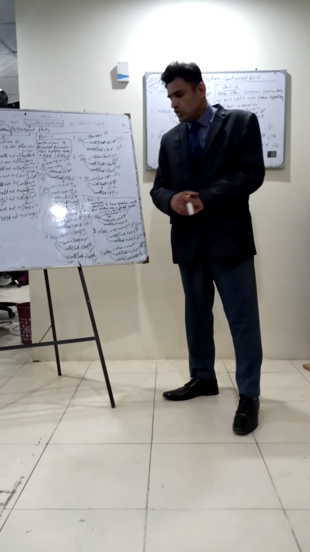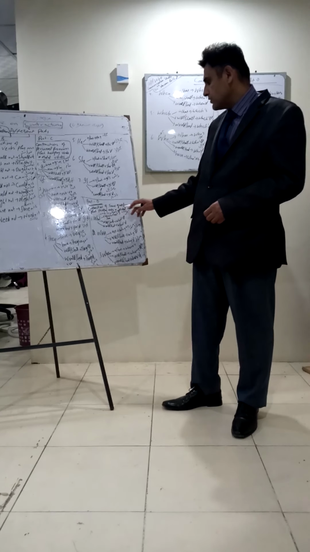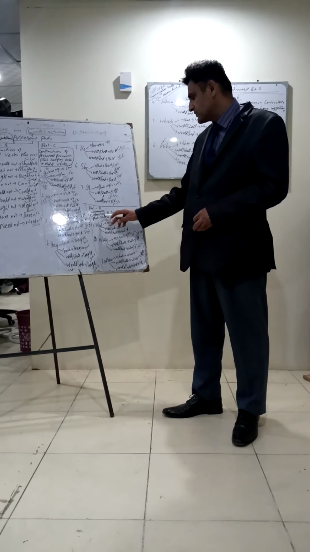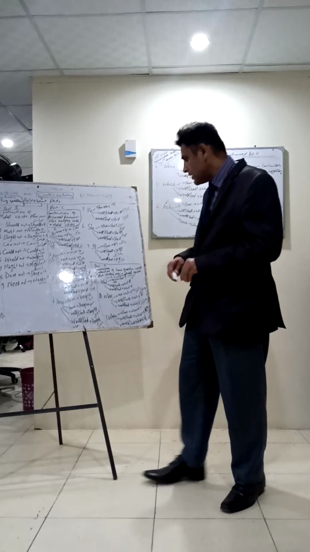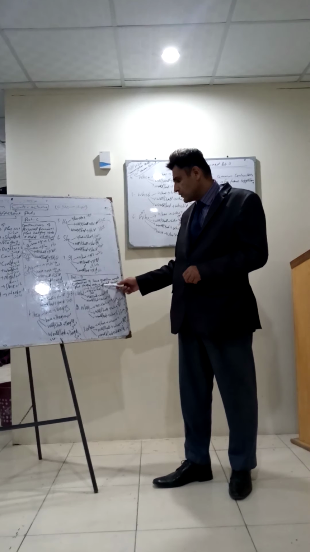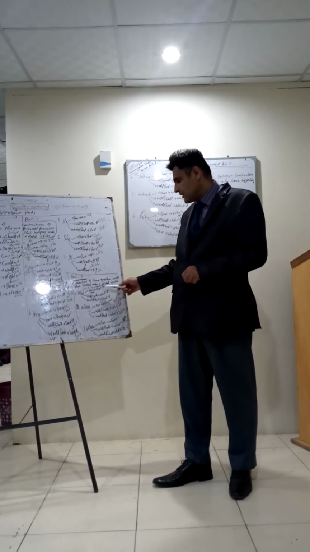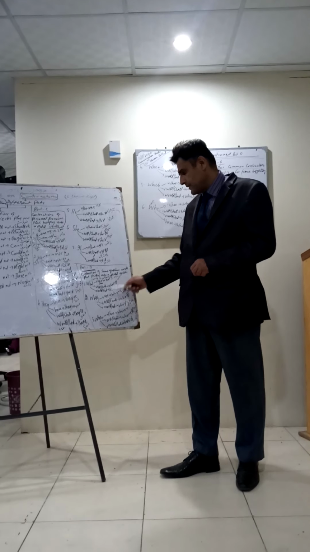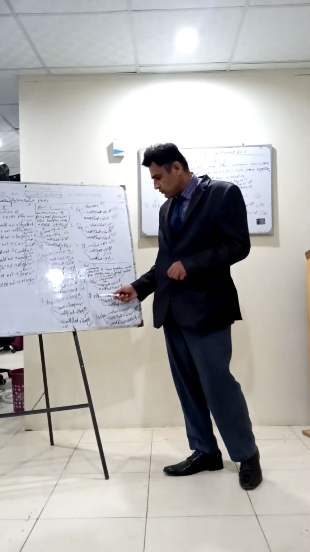Next, in part D, you will learn some contractions of question words plus helping verbs or modal verbs. There are many question words, but we can contract only some of them with helping verbs or modal verbs, not all of them. Among them, first is what. What have, we can contract and get the sound what've. What is or what has, what's. And what will, what shall, what'll. What would, what had, what'd.